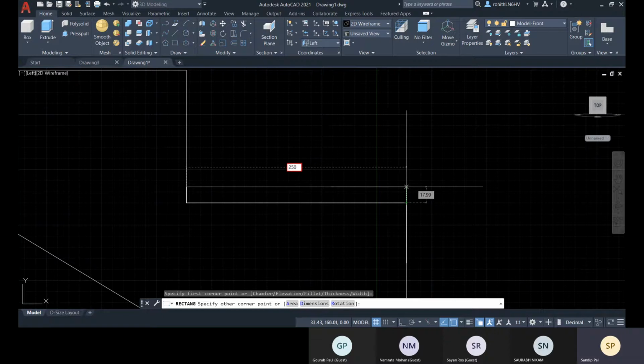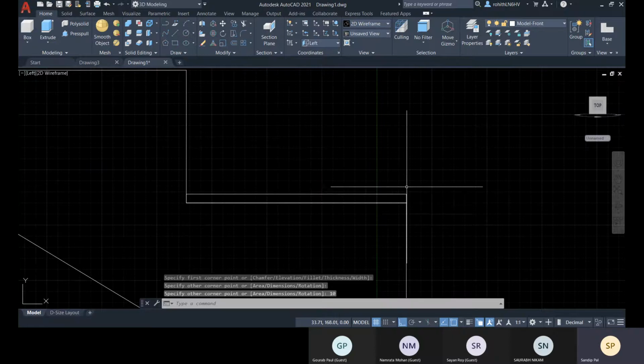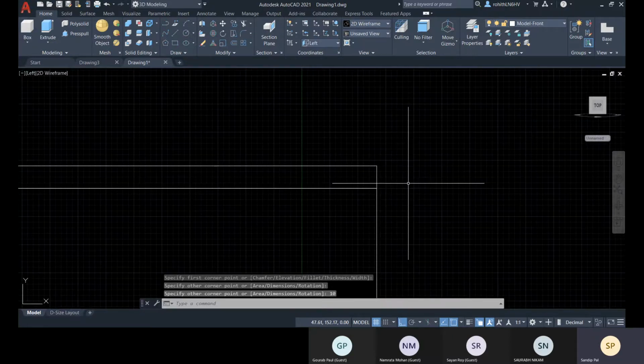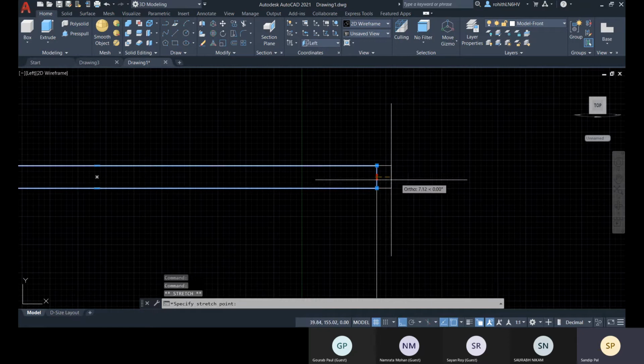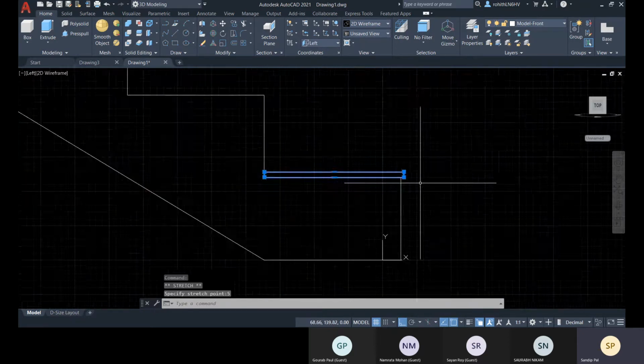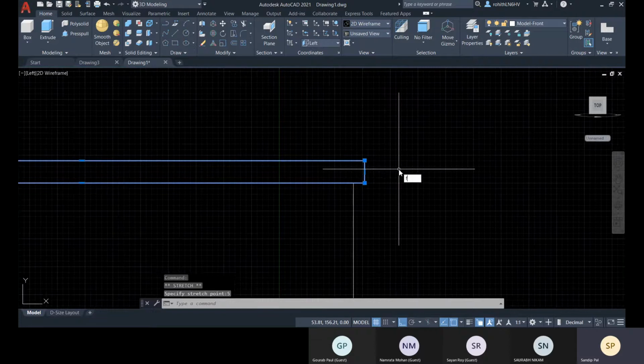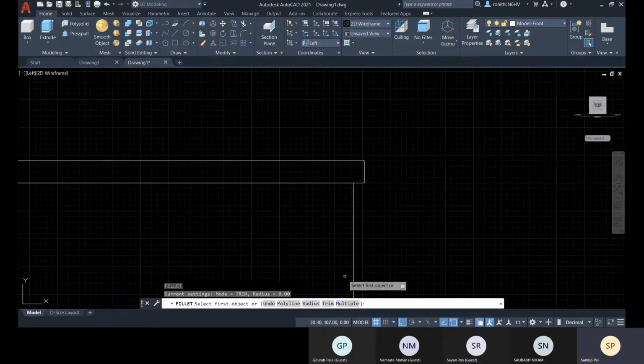That is 250, and then tab, give it like 10, enter. This is done. And let's stretch this a little as well, like 5, enter. Okay, and if you want to fillet it, go with the fillet, radius 3 you can give.